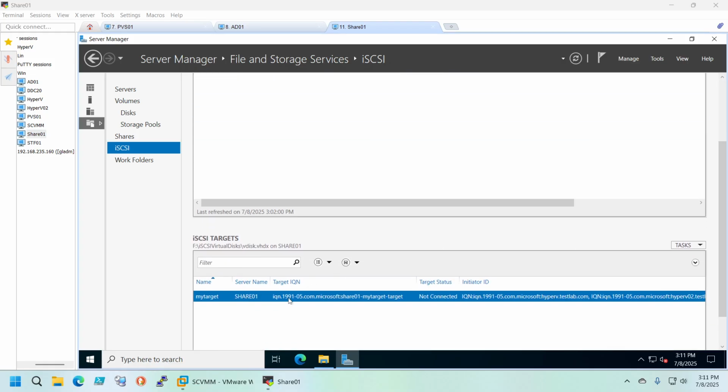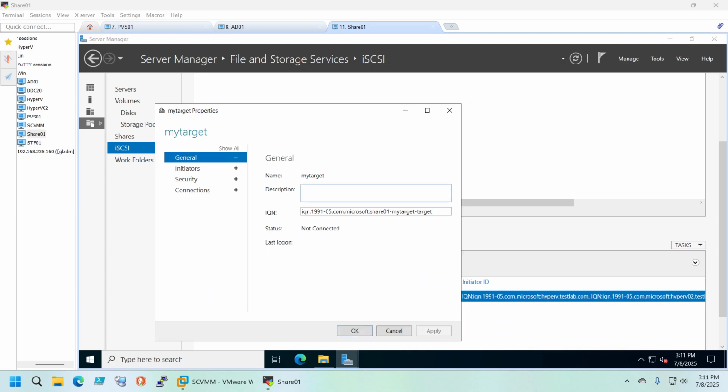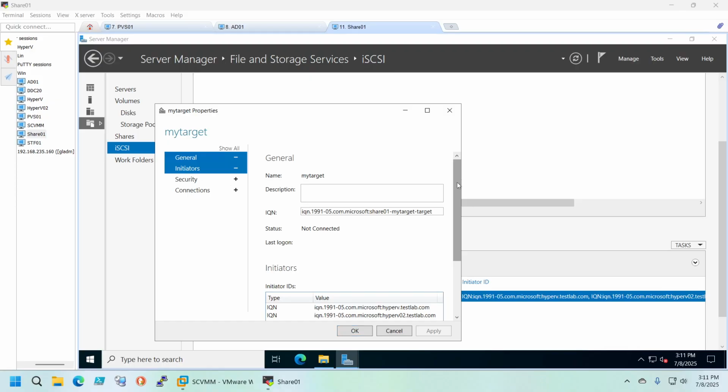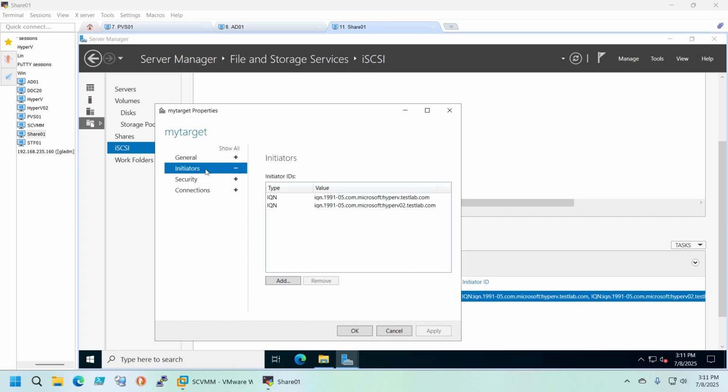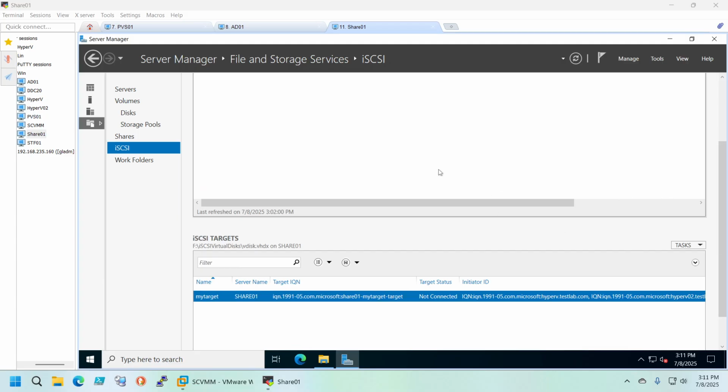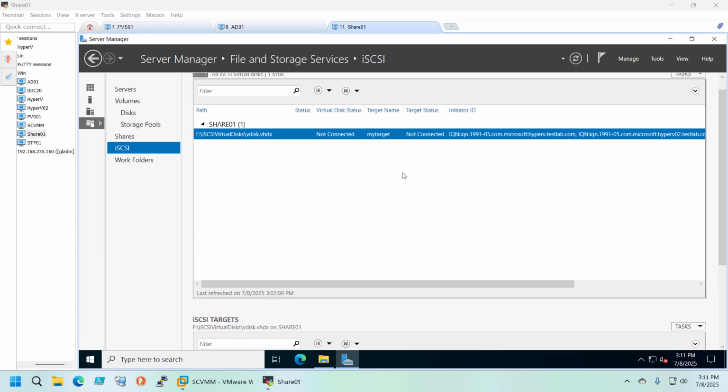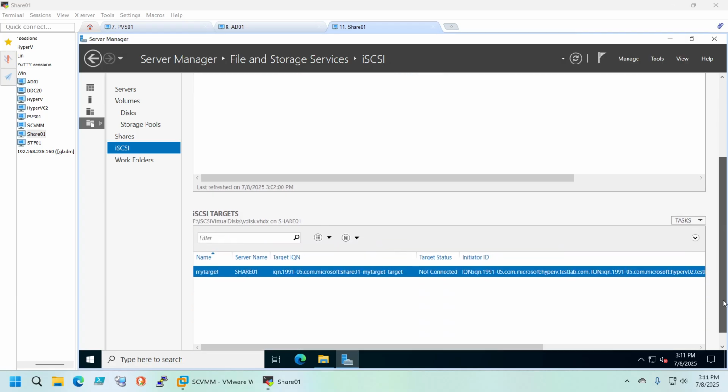You can take a look at it. The initiators, so those two hosts will have access to connect to the disk. Okay, so this was on this server, and of course you have to check the firewall. I don't remember the port, but we will see it later on. You have to have an open port for this type of communication. Nevertheless, let's go to